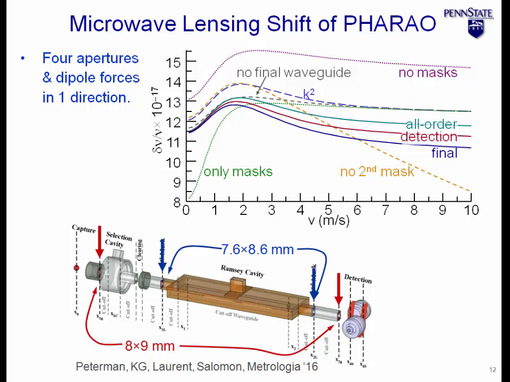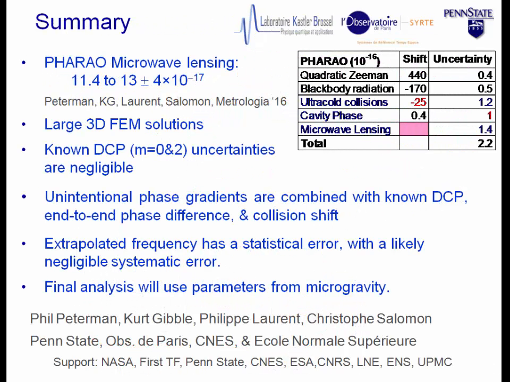10 to the minus 17. All right, and so to summarize, again, there's the microwave lensing shift for PHARAO. We calculate the fields for PHARAO and the known distributed cavity phase shifts. We can group the unintentional phase gradients with the known gradients, as well as any end-to-end phase difference, group all that with the collision shift, extrapolate versus density and launch velocity, and we think that the error can be below 1 times 10 to the minus 16. That will make the cavity phase and